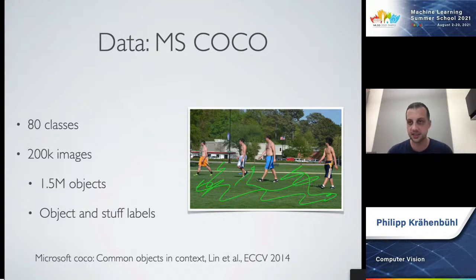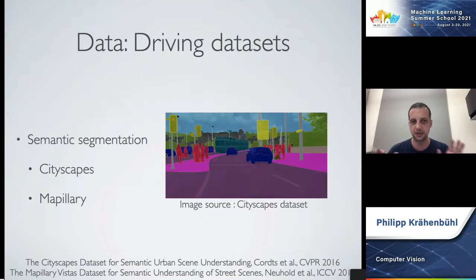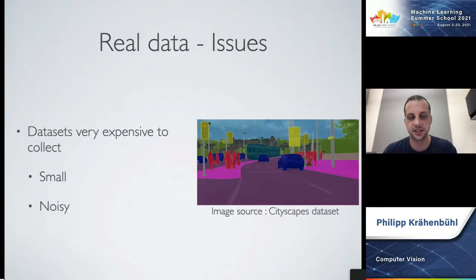There is Cityscapes or Mapillary, which are mainly driving data sets, which have very fine-grained annotations for very high resolution images. Now, just to give you some context, creating one of these high resolution annotations takes about 1.5 hours. And that's for somebody who's reasonably skilled and trained. And so you can imagine you cannot scale this to very, very large data sets. And so that's really the biggest first issue that semantic segmentation or these dense tasks face, that there is not a lot of data available.